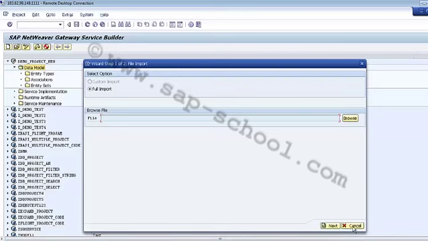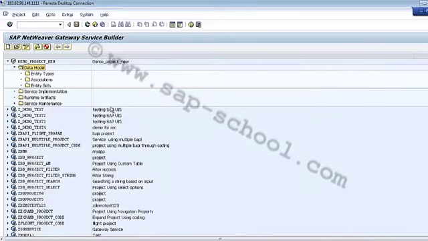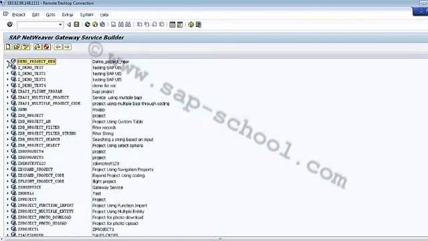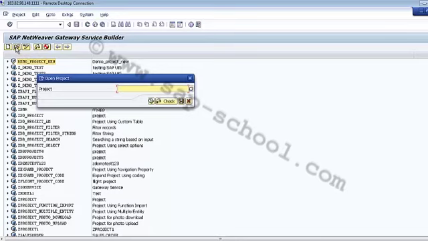So now we'll see how we can use the already existing project. Say if I want to use the already existing project, in that case we have the open project icon here, next to the new project. So we will click on this open project, and after that we can either write down the name directly or use this help or the F4 menu for project name.